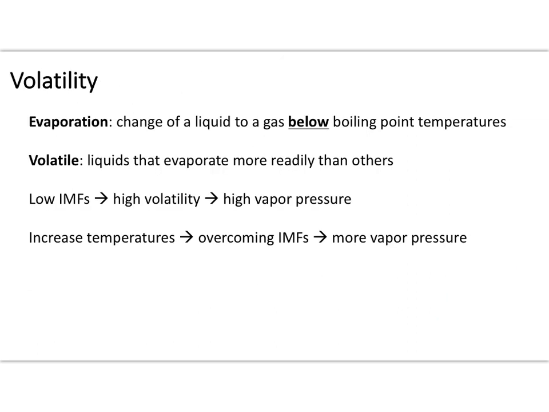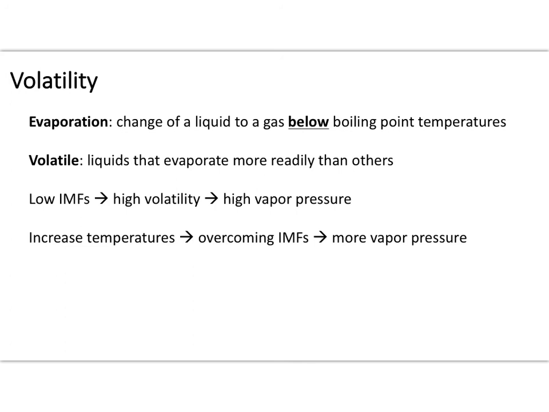Okay, the last thing I want to talk about here is volatility. Before we do that, we need to talk about evaporation. Evaporation, guys, is the change of a liquid to a gas at temperatures that are below the boiling point of that substance. So maybe you're adding some heat in some way, but you're not adding so much that you're increasing it to the temperature at which boiling is going to occur. Now, volatile liquids are liquids that are going to evaporate more readily than others,